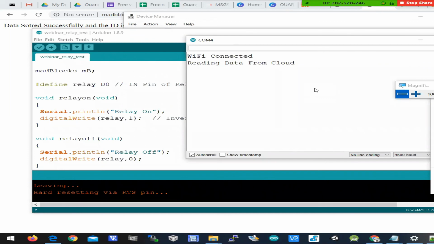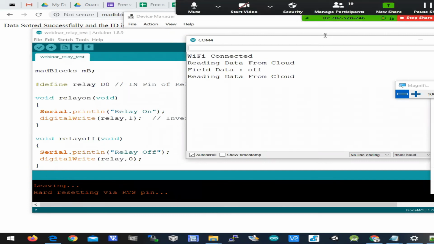So Wi-Fi is connected. It is reading data from cloud, and relay is off. I'm switching on the camera to show you the output.